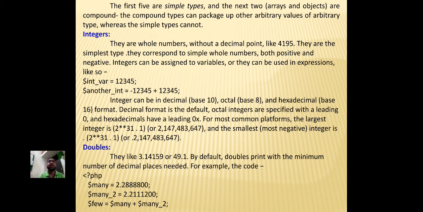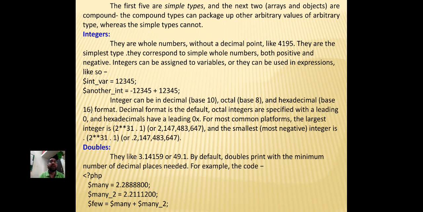Integers can be assigned to variables or they can be used in expressions, like so: an int variable equal to 12345, another int equal to 12345 plus 12345, like in here. Integers can be in decimal base 10, octal base 8 and hexadecimal base 16 format. Decimal format is the default.